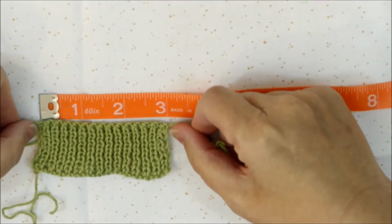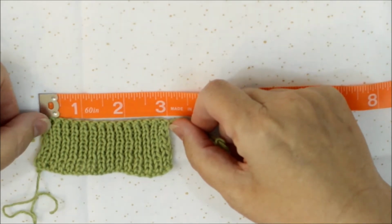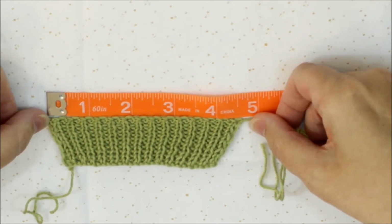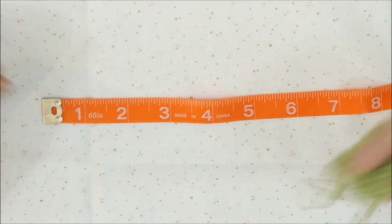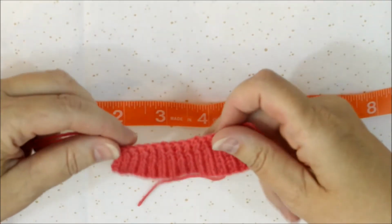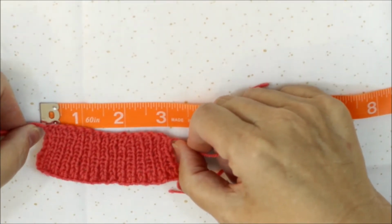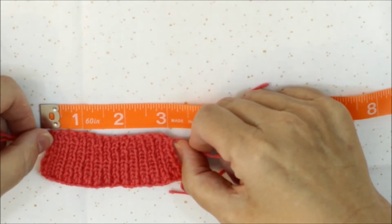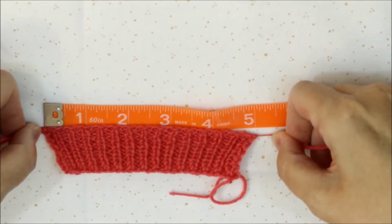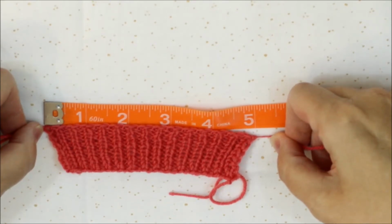This sample here, which measures approximately 3 inches when it's in its relaxed mode, can be stretched 50% up to about 4.5 inches, which is pretty good for a cotton. The other sample I have was done using a 100% merino wool. It too is about 3 inches wide. Now merino normally has some amount of natural stretch to it. I can take this one and stretch it to approximately 5 inches, which is about 65% greater than its original